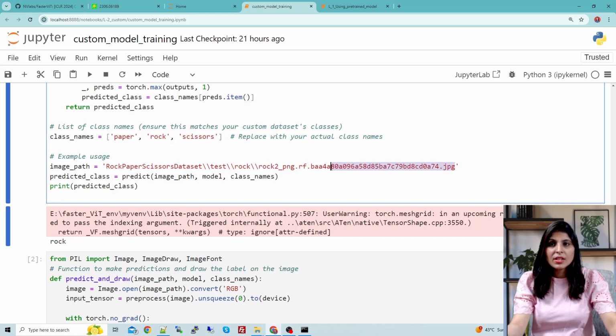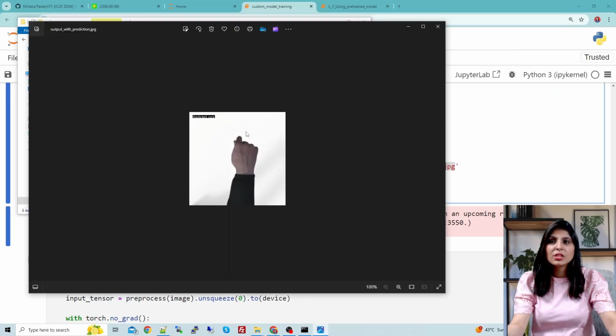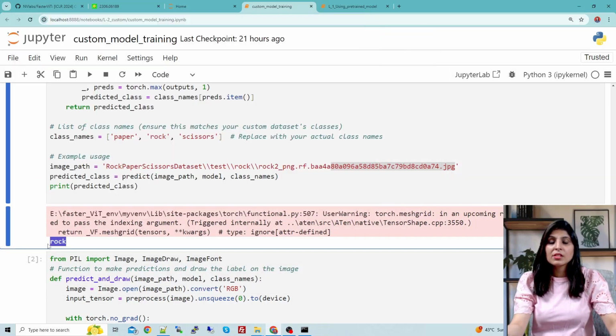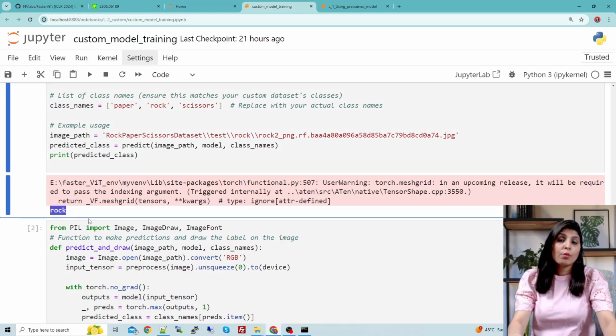Now let's open this image and see if it is an image of a rock class. So this was the image. This is the image I provided to the model, and our model gave us this output, which is correct. And guys, let's suppose you don't want the output like this, you want an image, and on that image you need a class label and the probability value.